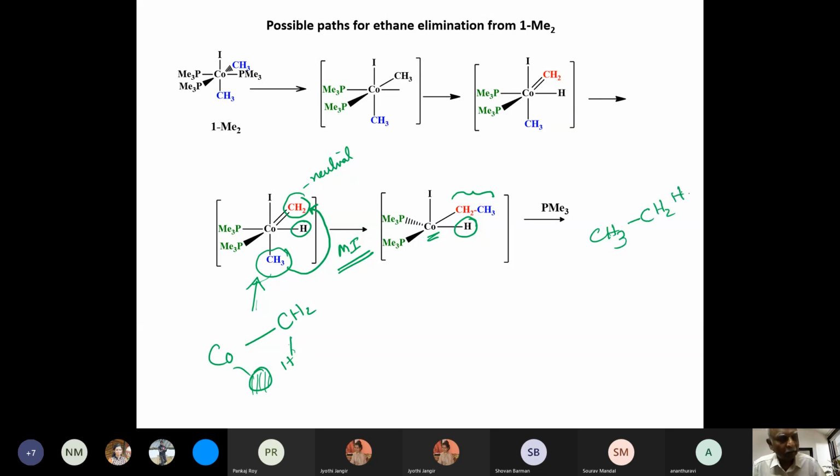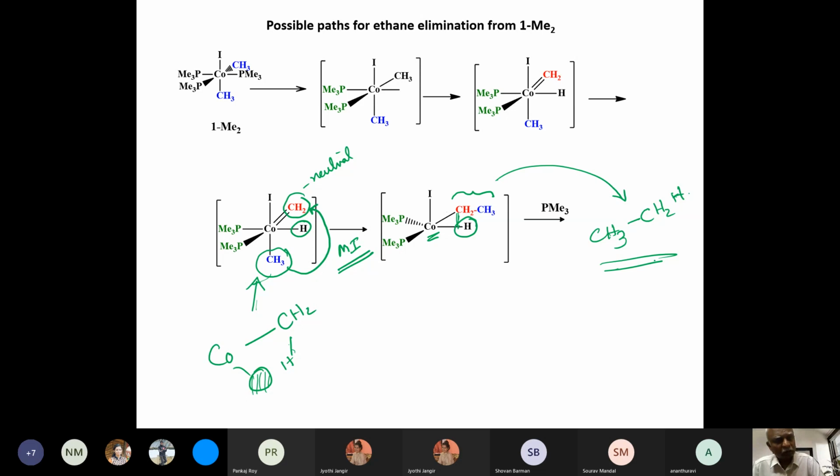In fact, I could have made it color coded, but I think you can follow this particular reaction fairly easily. Combination of the formation of this bond, so a methyl-methyl bond could be formed. You could also have this type of carbon-hydrogen bond formation, because carbon-hydrogen bond formation is probably in their mind. I'm just trying to work it out. Maybe they thought that such eliminations have been observed before.